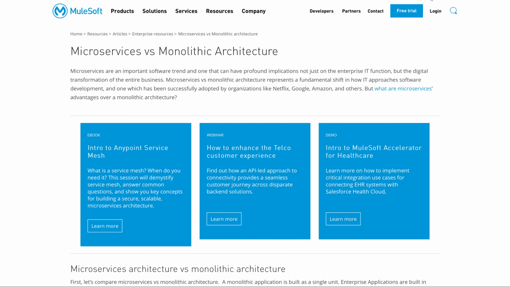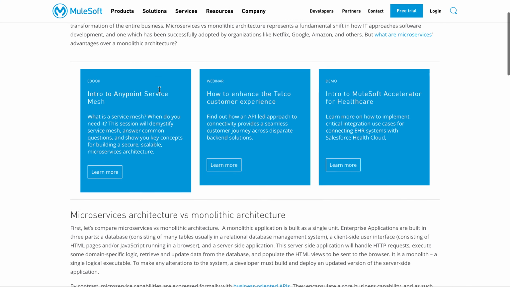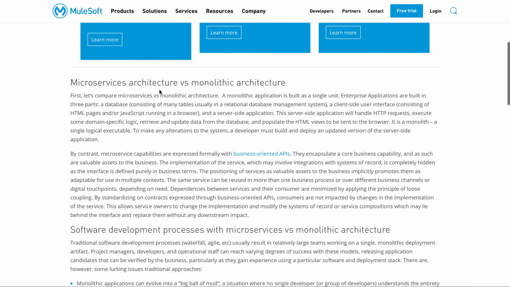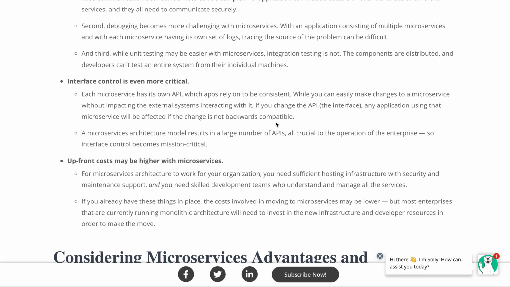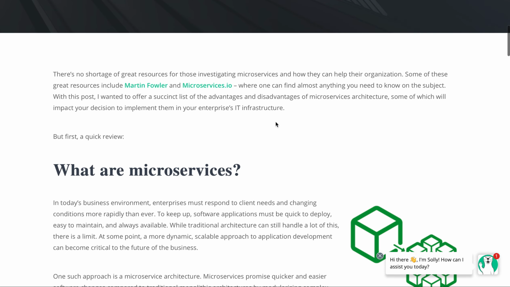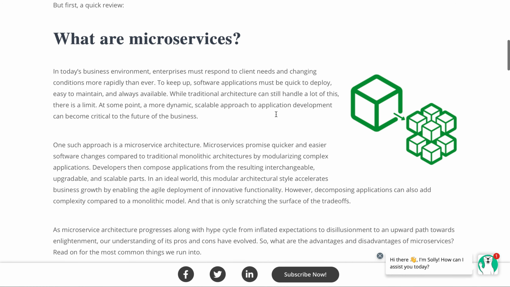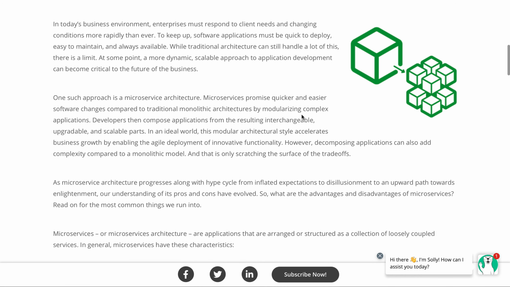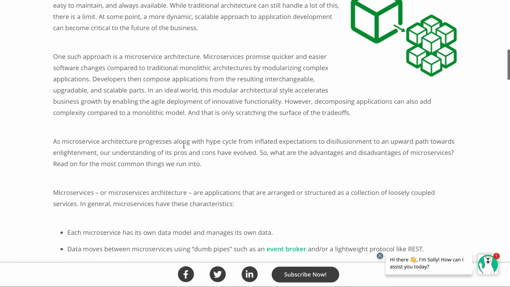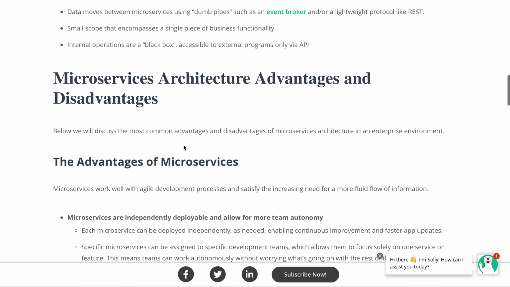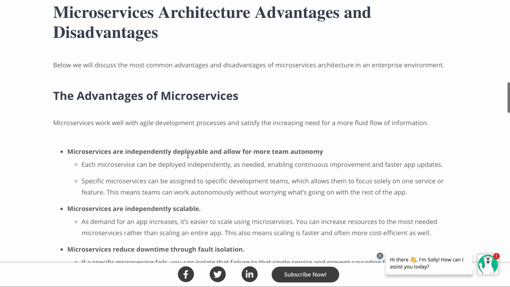There were some good articles here. This one really compared the two, monolithic and microservices architecture, and this one showed me a lot about what microservices exactly are, because I was still a little confused about how they worked. It just shows here how this was the old monolithic, just one thing, and then we have this, where it's much more decentralized and a lot more dynamic, I guess. So it talked about the advantages and disadvantages, and how they're independent